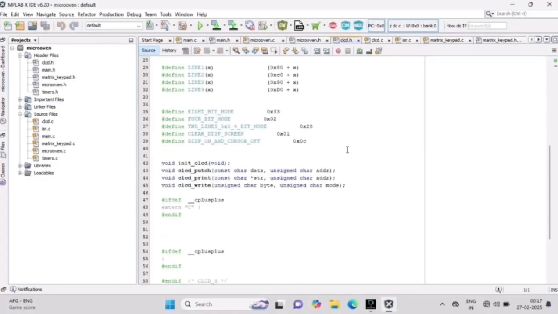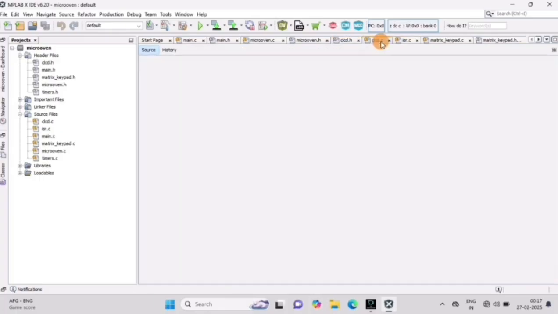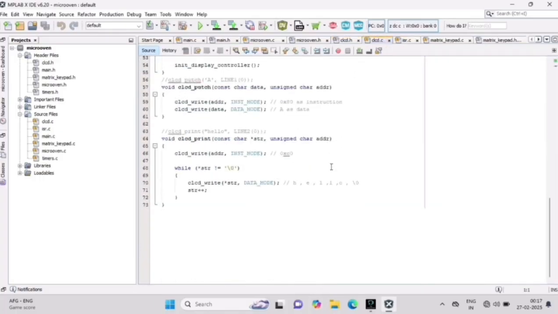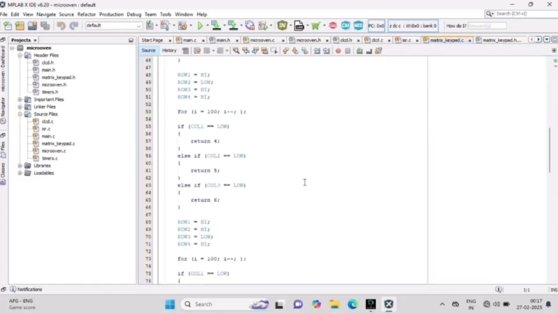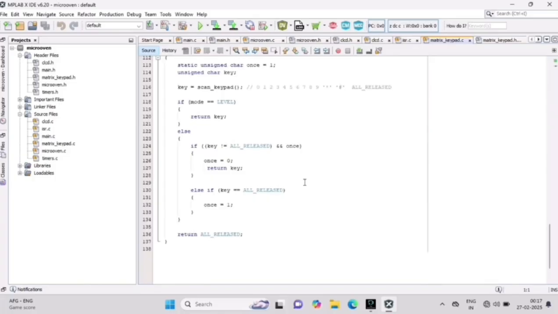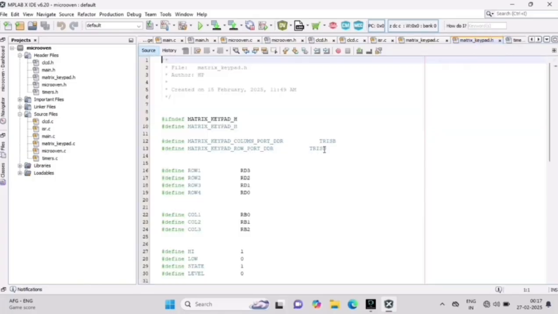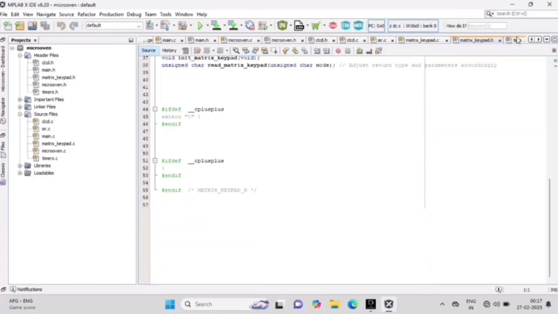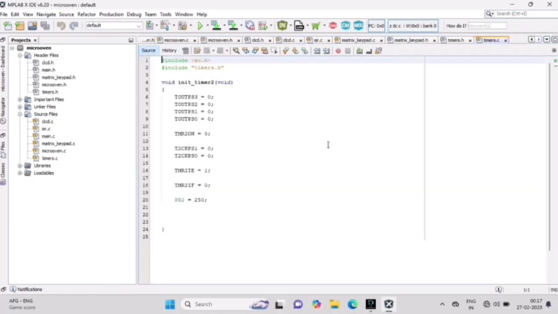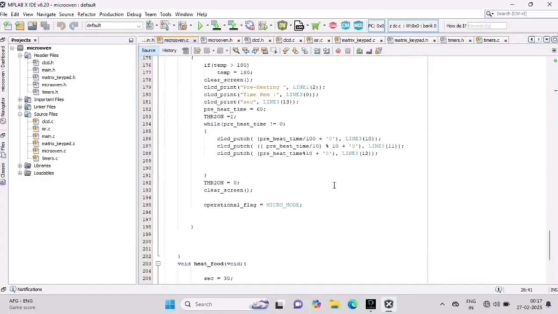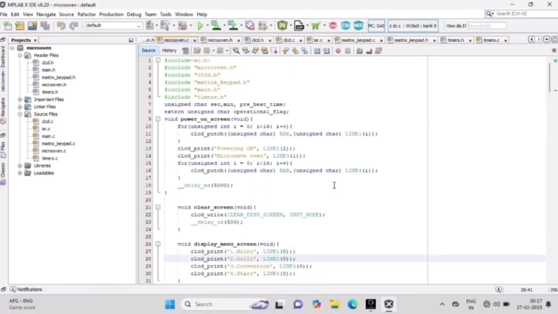So now I will walk through the key sections of the code. In main.c, the microcontroller is initialized and the peripherals such as the LCD, keypad, and the timer are configured. The main control loop continuously monitors user input and system status. And in the microwave.c, the different cooking modes like microwave, grill, and convection are handled